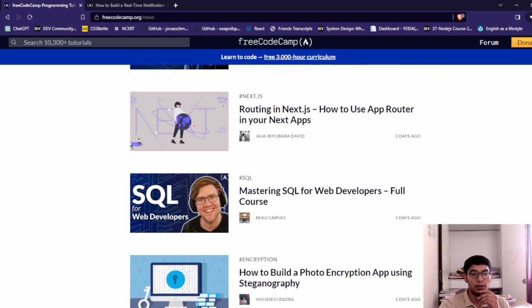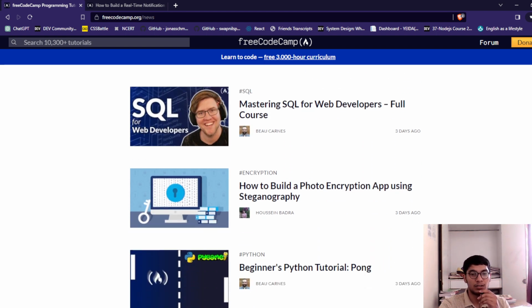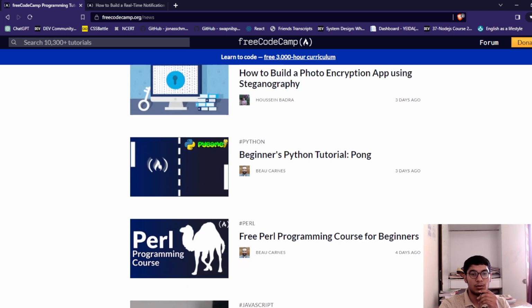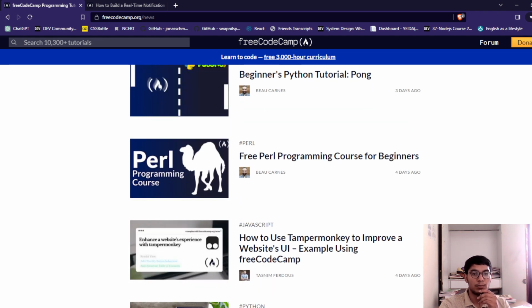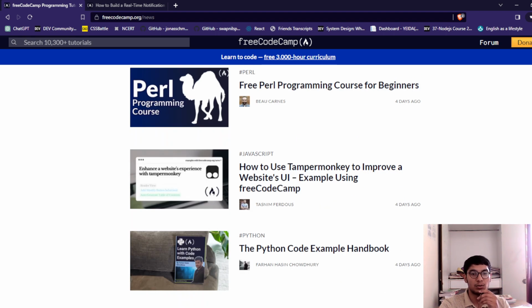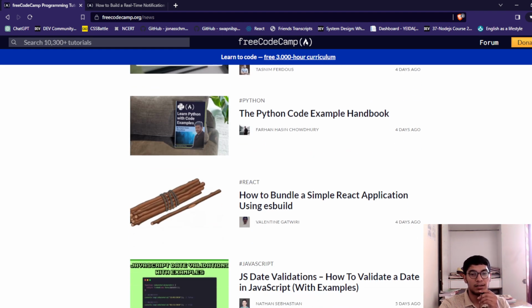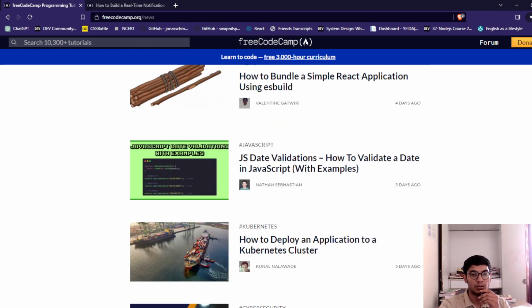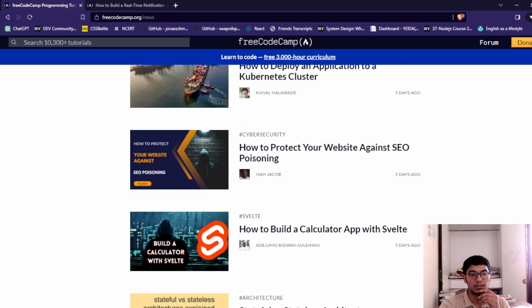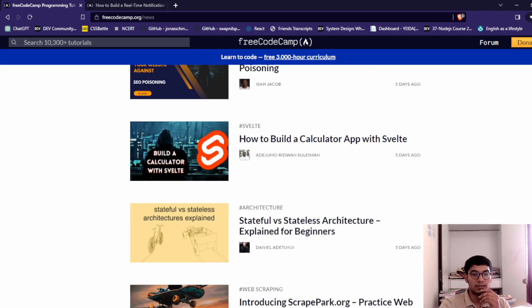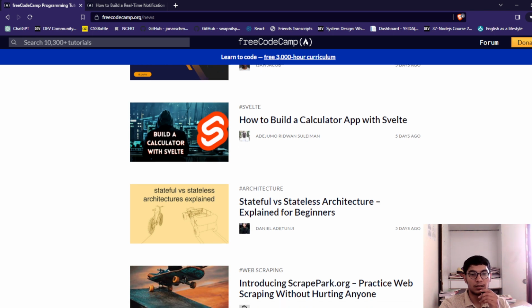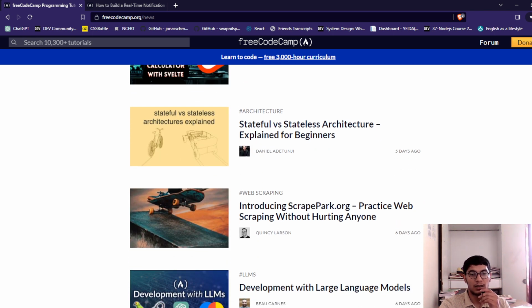mastering SQL for web developers full course, how to build a photo encryption app using steganography, a beginner Perl course, how to use Tampermonkey to improve website UI, how to build a simple React application, how to deploy an application to a Kubernetes cluster, a calculator with a stateful nested architecture for beginners, introducing